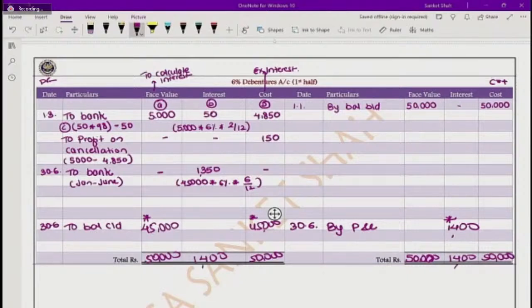Come on, it's a difficult topic, so please be careful. Understand all these concepts in detail because debentures, previously it was in group 2 advanced accounts. Now we moved it to group 1 and I'm telling you this chapter is not at all very easy. So everyone, please cooperate. Very important.